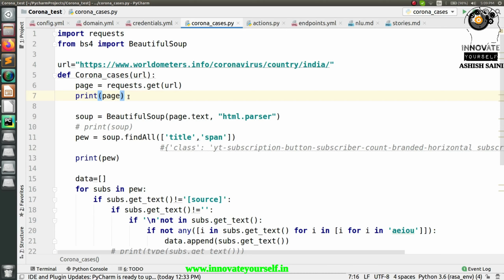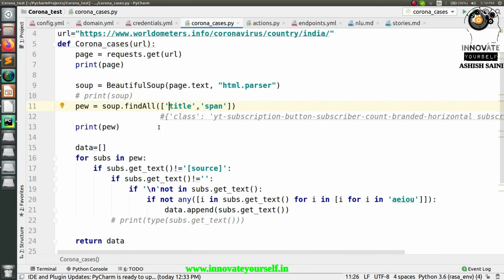After that you have to use Beautiful Soup, and whatever data you have on this page will be fetched using page.text. With respect to this, you are able to fetch the data and extract the HTML type of data, right? That will be stored in here, and after that I have to fetch the data with respect to these titles, right?